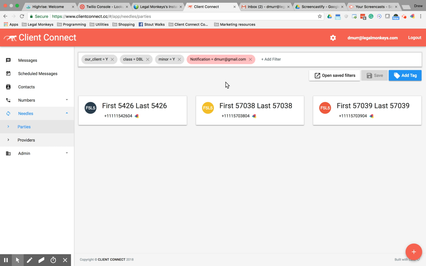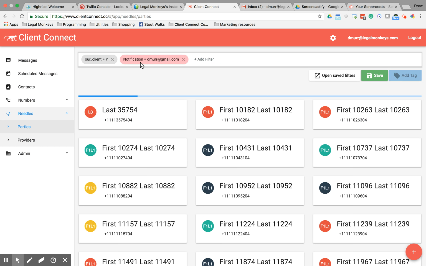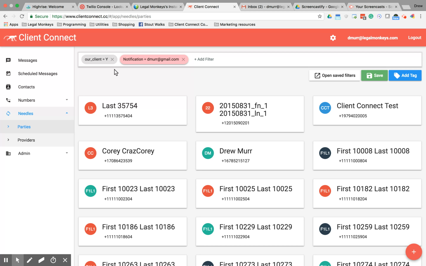If you set up your filters like this, where our client equals Y and you notify a particular person, then anyone who's not a client, or who doesn't have a case in Needles, won't meet any of those filters, and so you'll probably want to send them to your intake specialist. The way you do that is you go over to Admin,